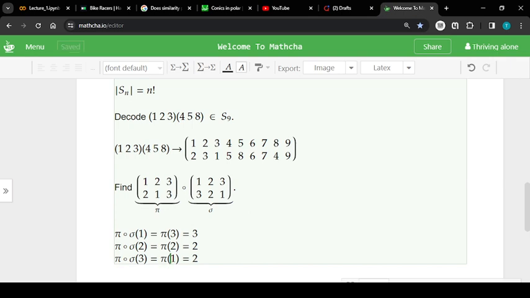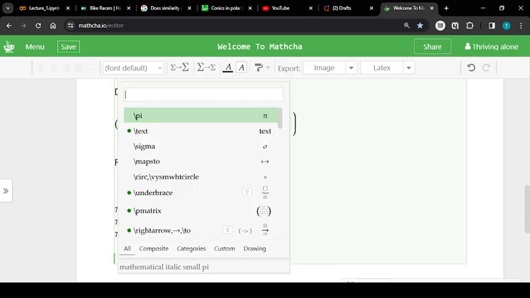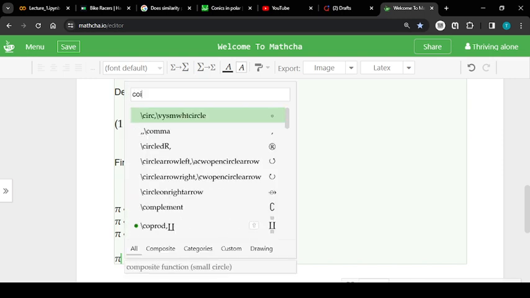Am I doing it correct? I don't think so. Sorry, pi of 2 is just 1. If you can see from this column, 2 is just 1. I'm mistaken. Okay. So now you know that pi composition sigma